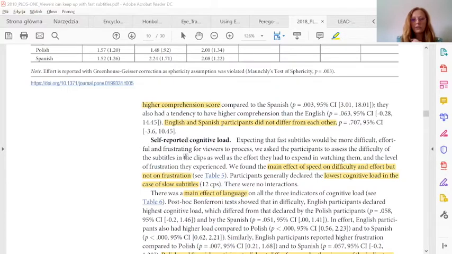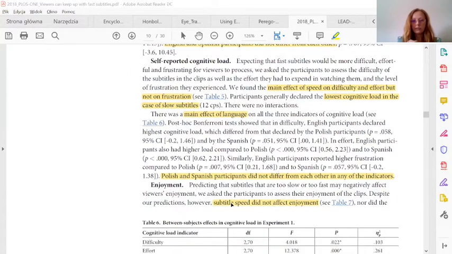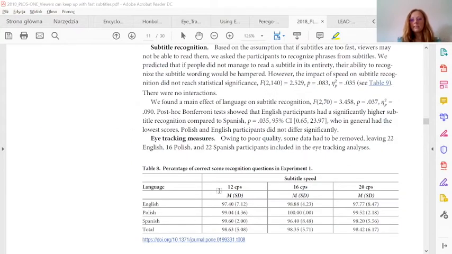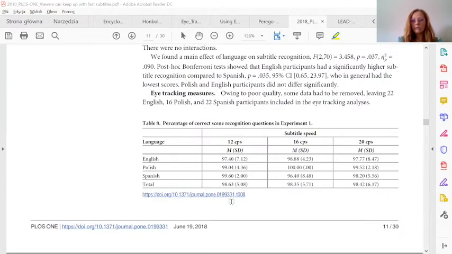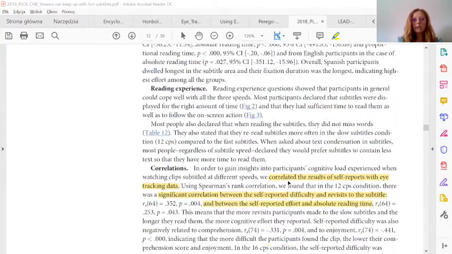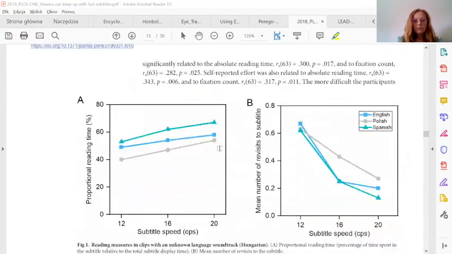More details and more details. Cognitive load, you can look at the main effects of the interpretation, at the differences between groups, enjoyment, and so on, right? So you can see that the list is very long. So if you just skim the paper, maybe it's not that important to look at all of this. We can look at the tables that give us general information, but probably I would just go directly to